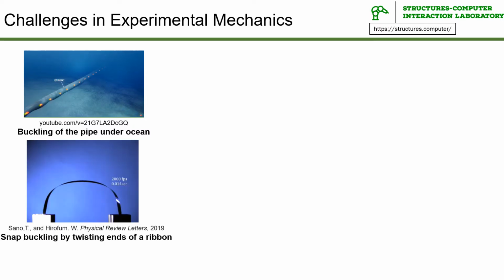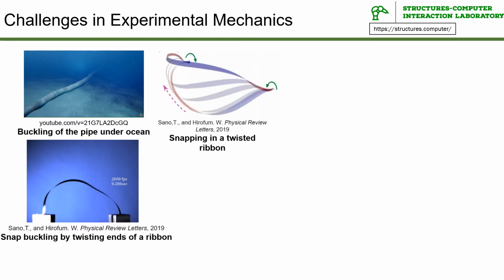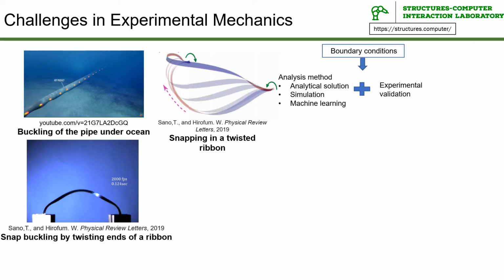We will use the buckling process of a twisted ribbon, as shown in this video, as an example to show how to do the buckling analysis. First, we need to decide the boundary conditions. Then, a combination of analysis methods and experimental validation is used to get the buckling information,